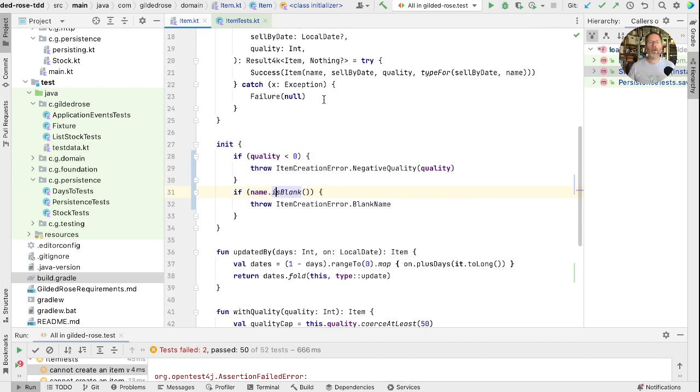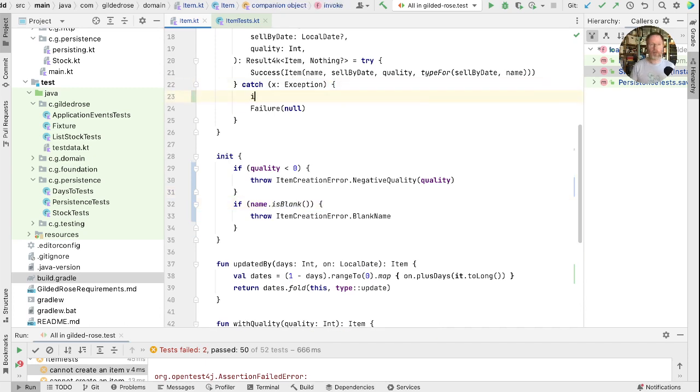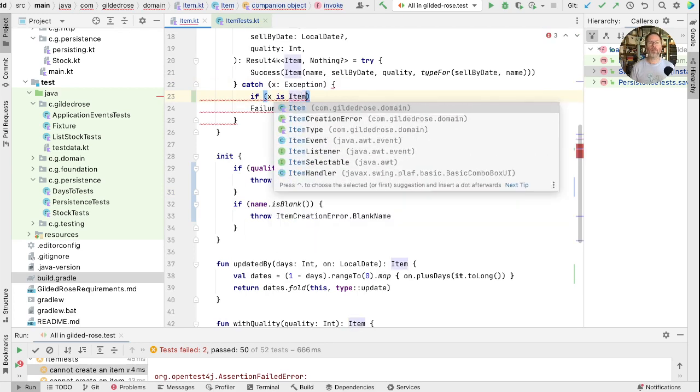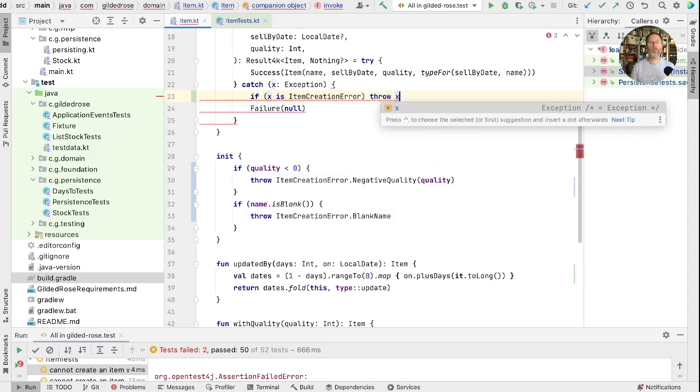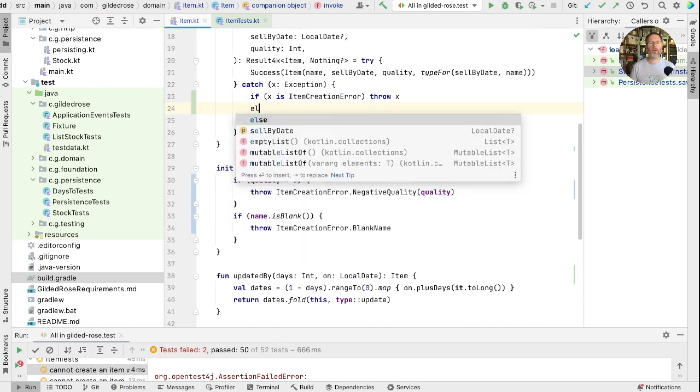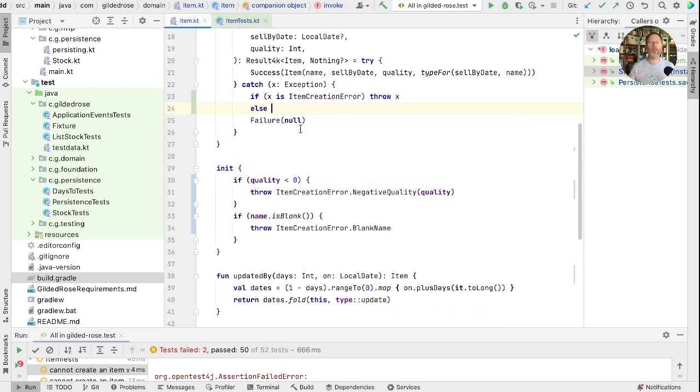Having done that, at this point, we can catch the exception that's thrown from the init. So we call it here, catch it here. In here, we can say if our X is an item creation error, then we can throw it. And otherwise, well, that's unexpected because the only things we think can be thrown by this constructor are these item